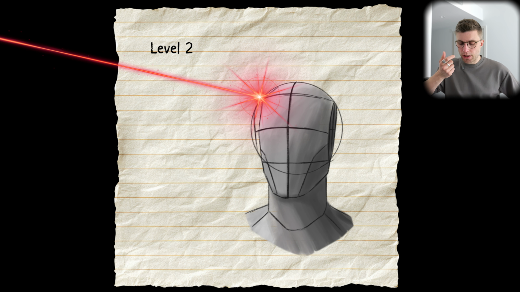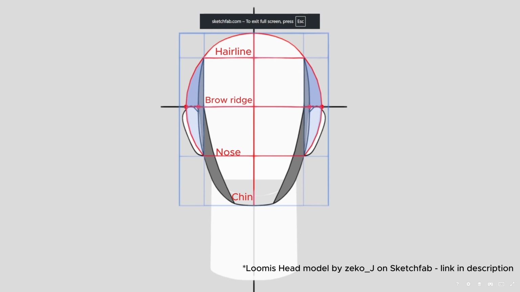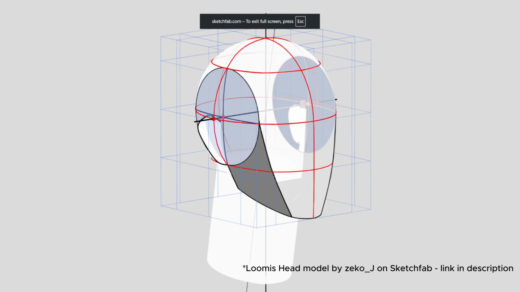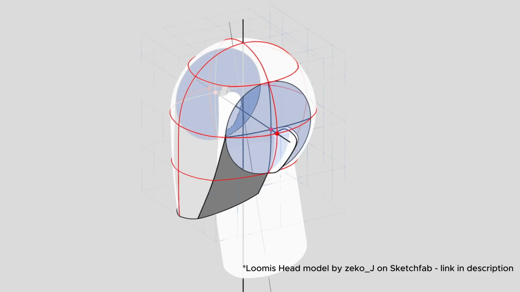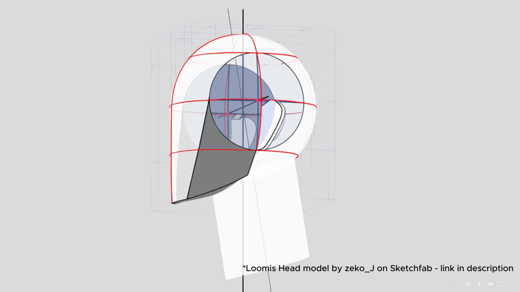Which leads us just in time for level 2, basic planes. And the way Loomis' head was drawn, it adds a bit of complexity. So now, as you notice when you look for this tool, you have these markings where you have the top of the hairline, the eyebrow ridge, where is the bottom of the nose, and last but not least, you have the chin. So additionally, what this allows you to do is to build this habit where you keep on marking